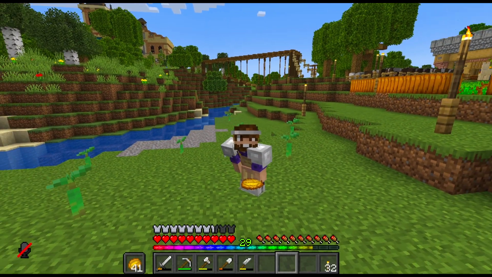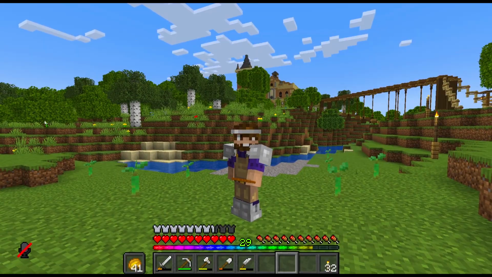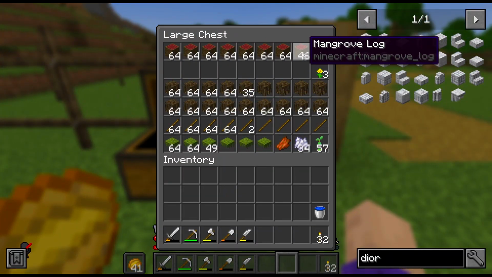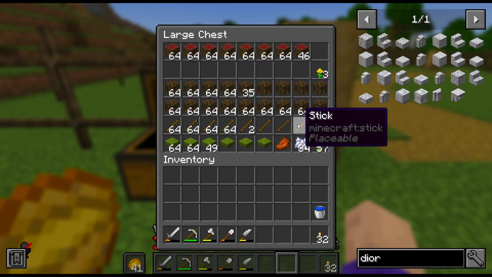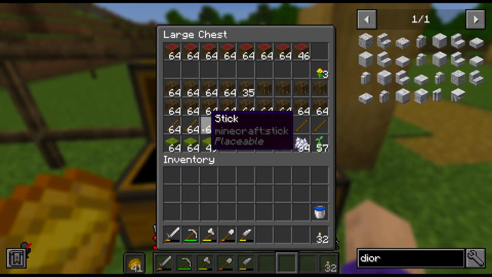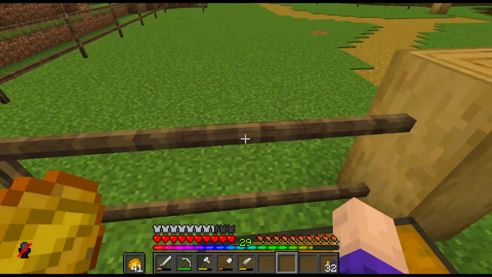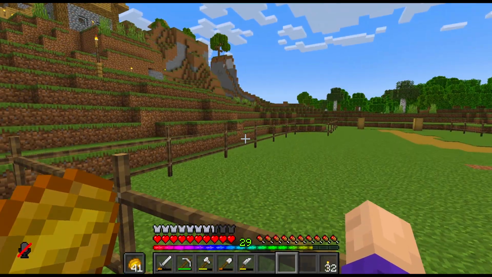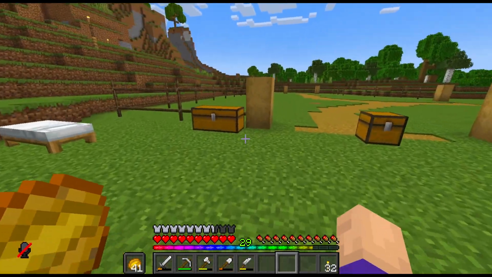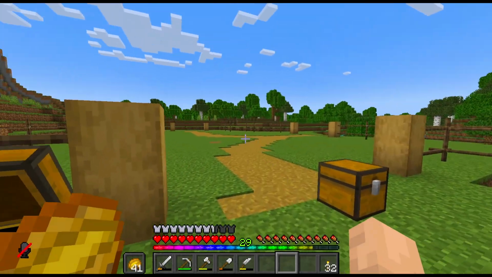I have been busy. I've been a busy boy. What I've been up to is getting some mangrove logs. I love and hate the amount of mangrove roots and moss carpets and sticks, which actually we're going to need lots of sticks this series because fences are expensive. But yeah, that's what's up with all these little propagules right here, getting a bunch of mangrove wood, because eventually